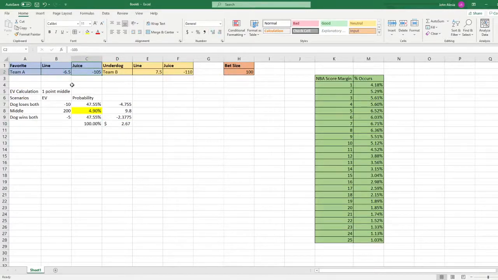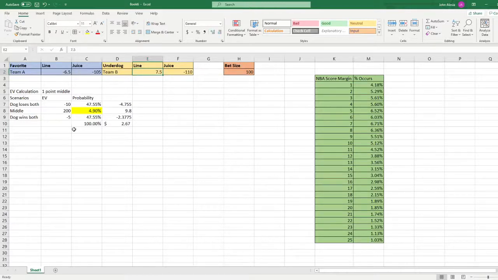Now you have to do the calculation and figure out, is it worthwhile here for me to make a bet on the other side of this game, or do I have an advantage here of playing the 7.5 on its own, which you probably do. You'd probably actually want to leave that bet, but I want to show you how to calculate the middle so that you know over time exactly how much you're going to make. Now, you should be able to do the calculation for what your expected value is on a plus 7.5 that closes at minus 6.5. I'll do a video on that at another time, but for now,